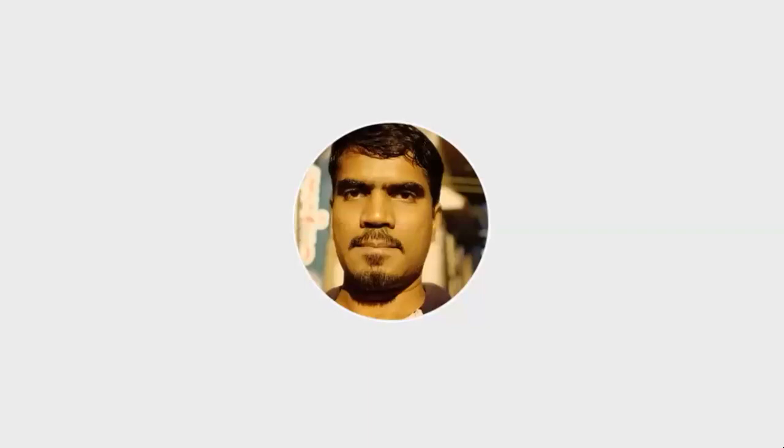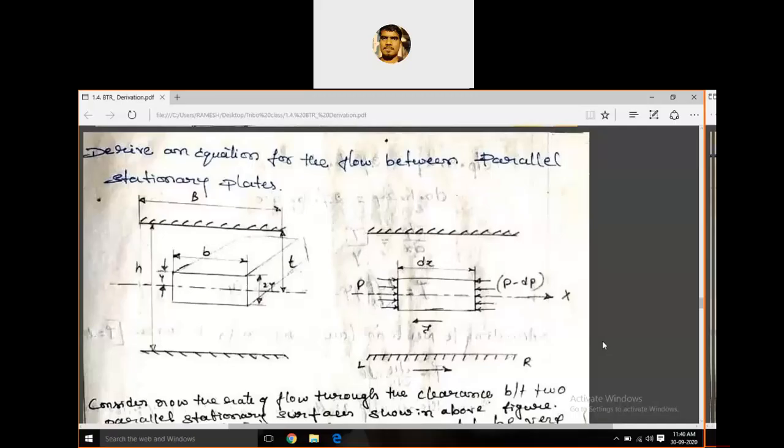Clear? Here we do the same thing as in the previous class. First we have to find all the forces acting on the element: the force on the left face, the force on the right face, and the shear force along the imaginary element. Force means pressure times area. Once we have all the forces, we take the equilibrium equation, that is, equate the sum of all these forces to zero, and simplify. We will get the first equation.